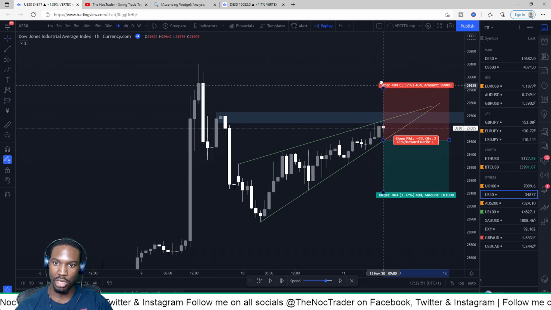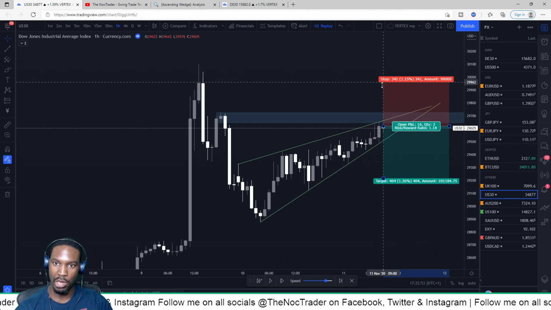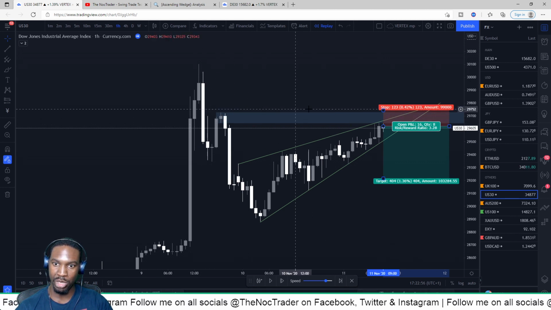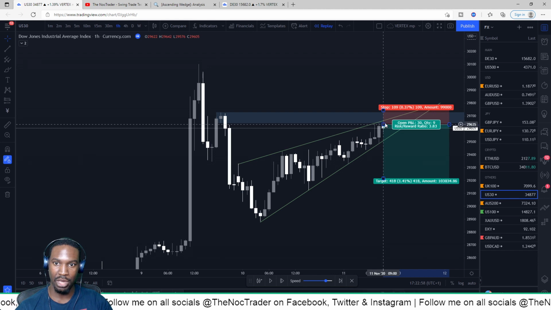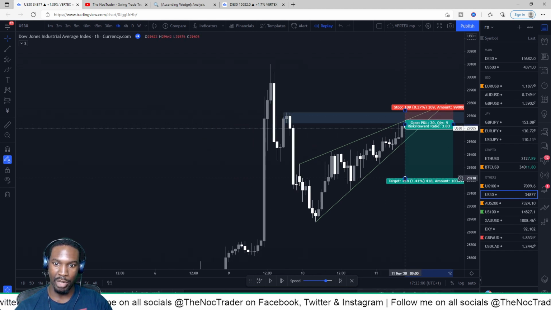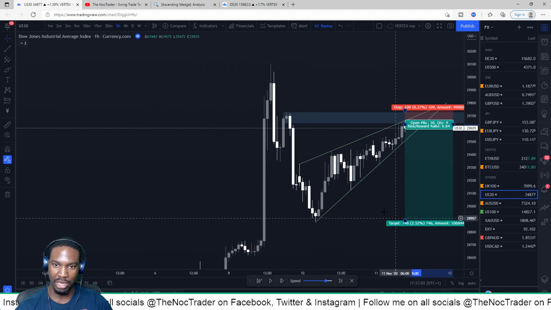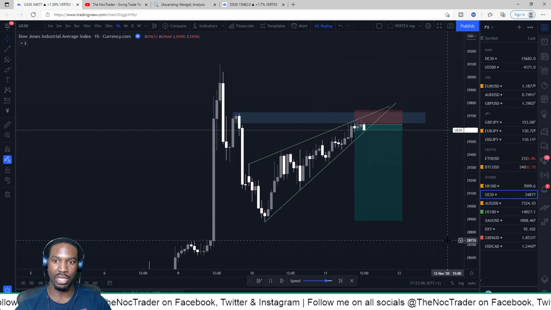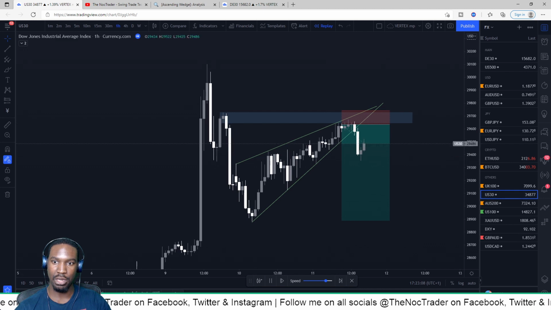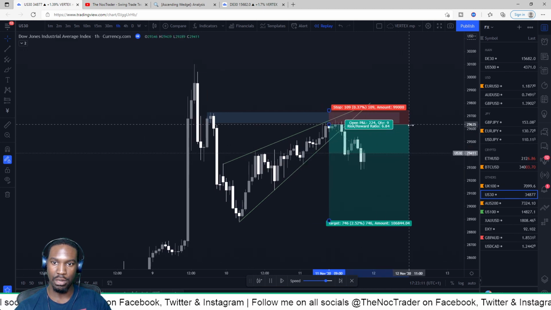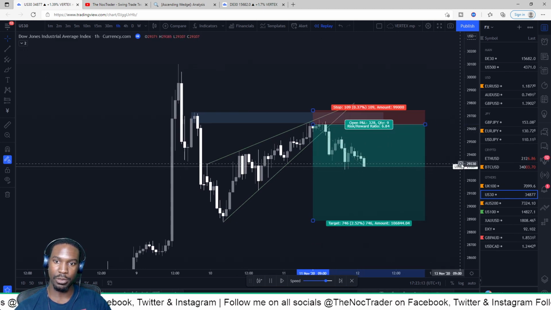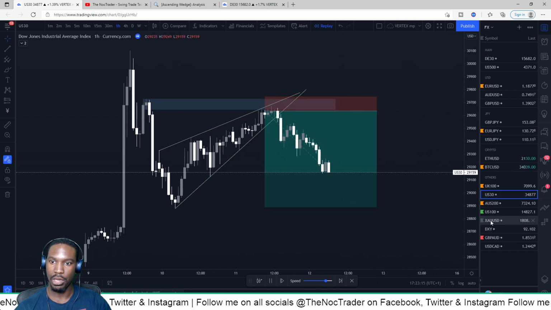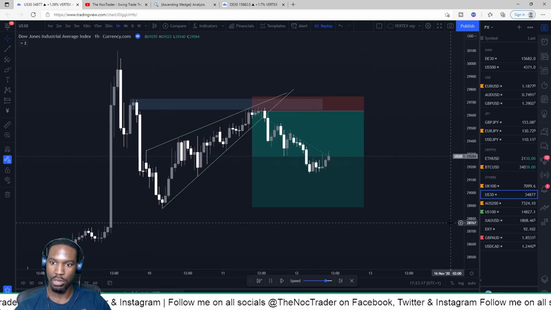I'll set my stop loss just above the order block, because if it breaks this order block, then the trade is invalid anyway, and then set my take profit at the base here. So that's a 6.8 to 1 risk to reward, and then just let it play out. So it's tapped in, and you just wait, and lo and behold, well,